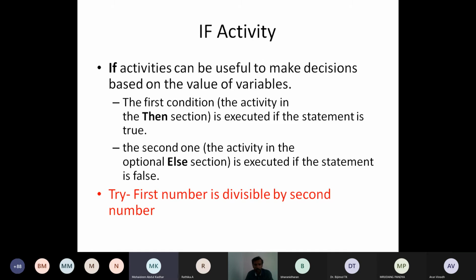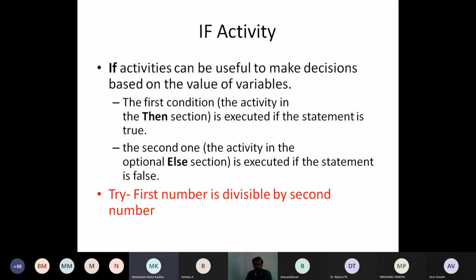For the first timers, when it is if, the first condition is the activity in the then section. So based on the value of a variable, a condition is executed. If A is less than B, do this, else do the next thing. So from an if case, you can do these two things. This is about the if activity.